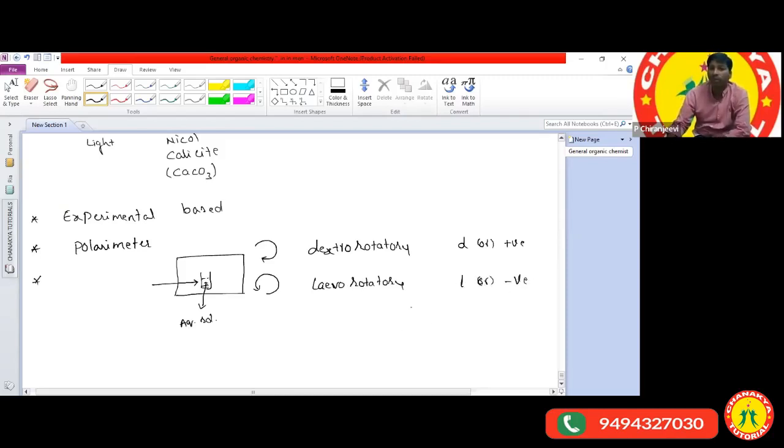These two we call optical isomers, and the phenomenon is called optical isomerism. Now we got the clarity, Anjan. What is meant by optical isomerism? So when